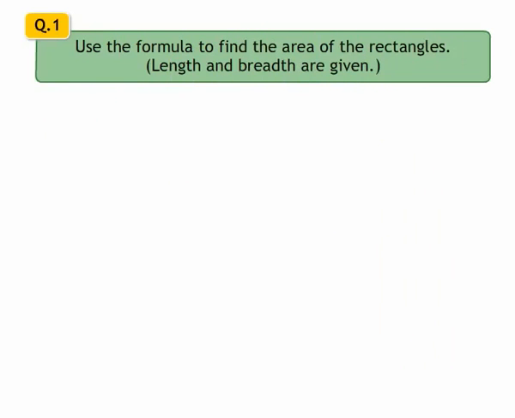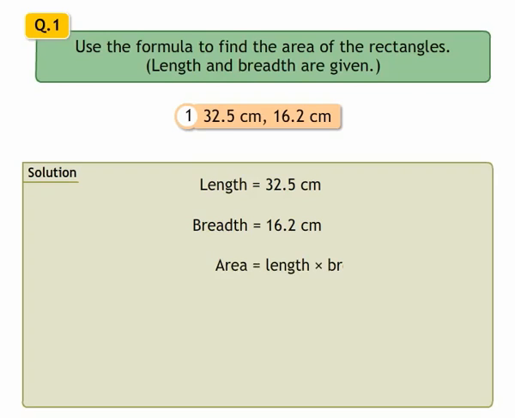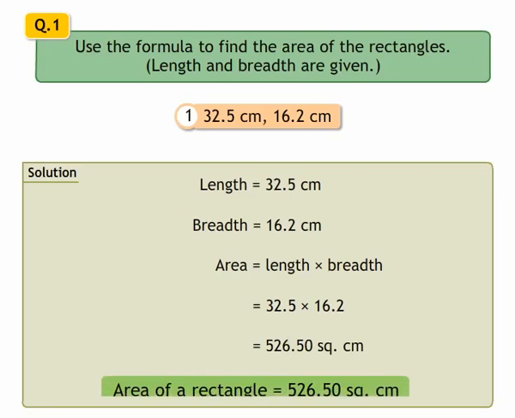Question 1. Use the formula to find the area of the rectangles. Length and breadth are given. 1. 32.5 centimeters, 16.2 centimeters. Solution. Length is 32.5 centimeters and breadth is 16.2 centimeters. Area of a rectangle is length into breadth. Substituting the values, we get 32.5 into 16.2, which is equal to 526.5 square centimeters. Therefore, area of a rectangle is equal to